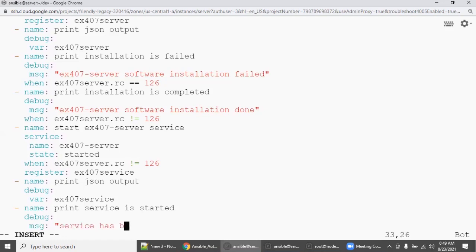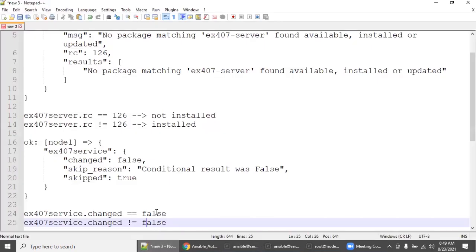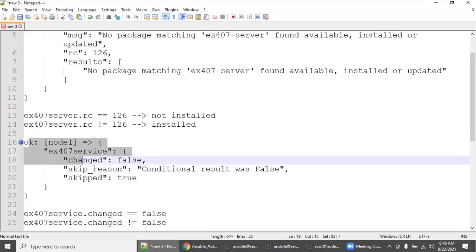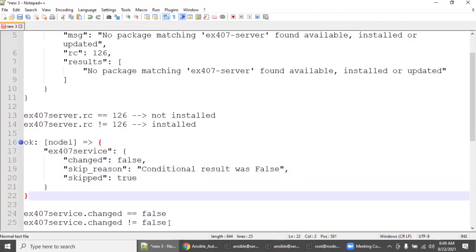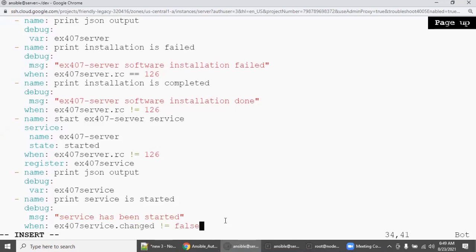Service has been started. When the service is started means when. So this is actually the failure output, right? So service is started means not equal to false. So copy this and say here.